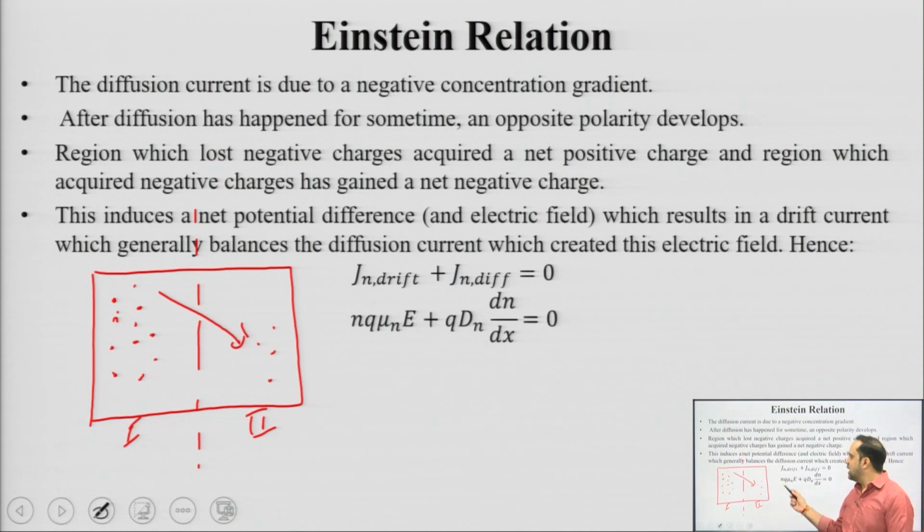which means an electron drift current can flow in this direction, but an electron diffusion current was flowing in the opposite direction. The diffusing direction and the diffusion current for electrons are opposite. So, electron diffusion current is in this direction and the drift current is in this direction. So, they both oppose each other. So, the drift as well as diffusion current is going to cancel each other, and we know that drift current for electrons is given by this equation and diffusion current is given by this equation. So, diffusion tends to produce drift also.